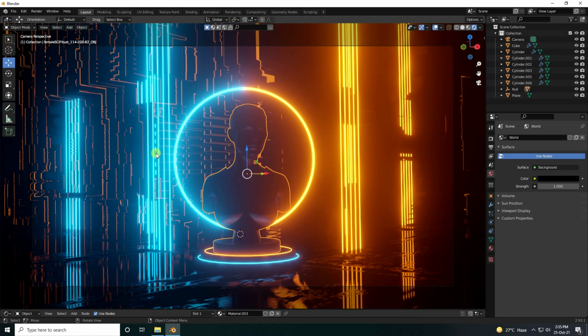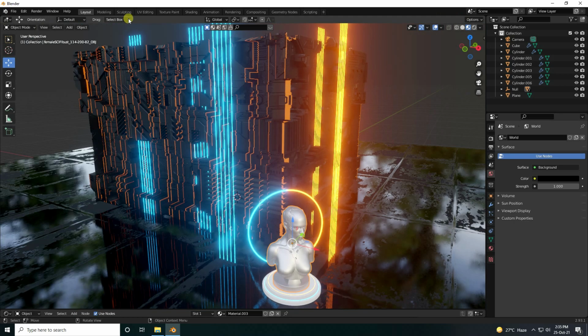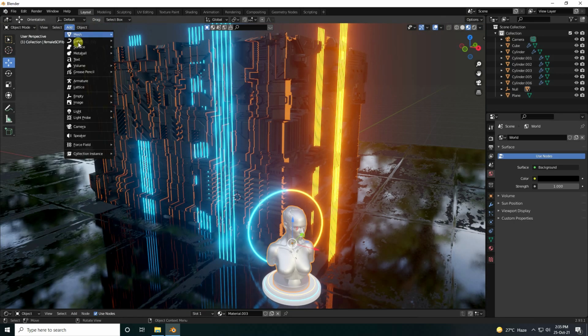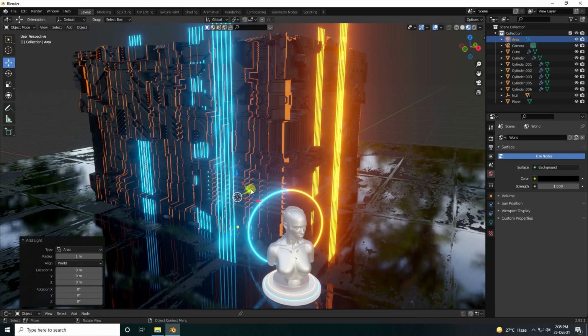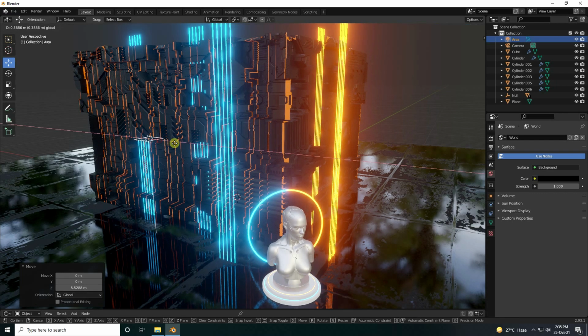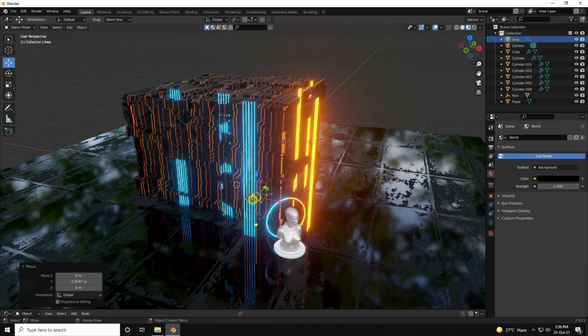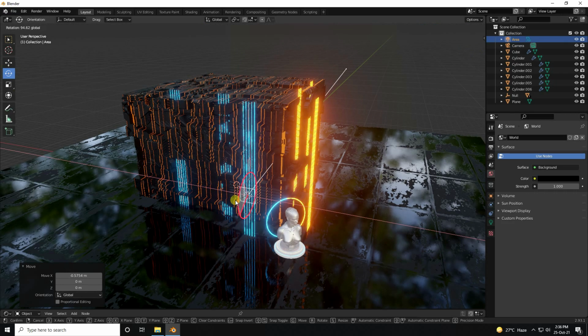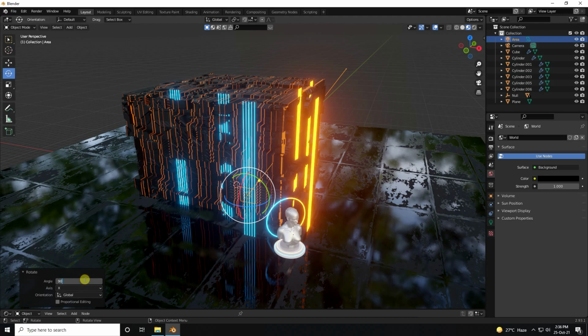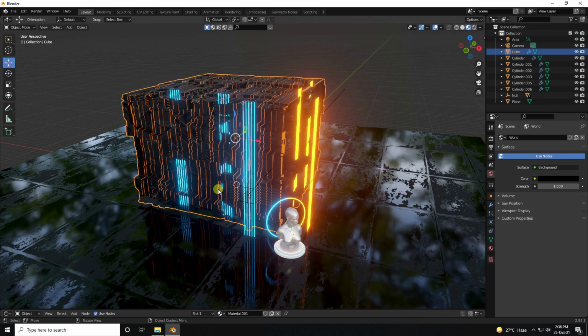Yeah, so guys, now I apply light. So click on here and use light. So go to here, add and light, use area light, and guys go to back and go up. Yes, guys, set your light position. Yeah, and guys, light rotate. So rotate your light like this, simple 90 degree. Yes, and guys, I change light color and some settings.